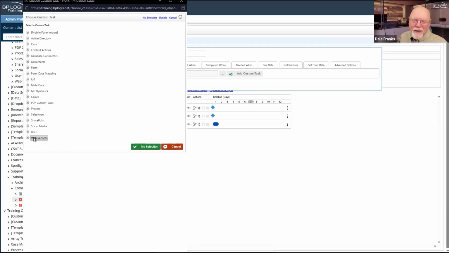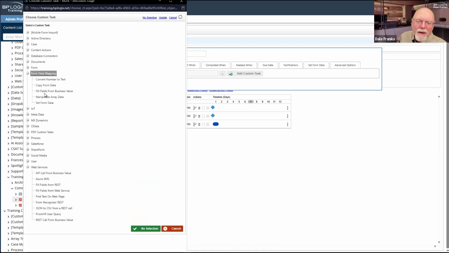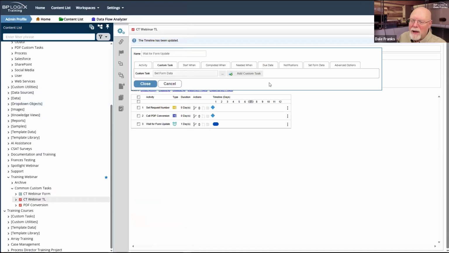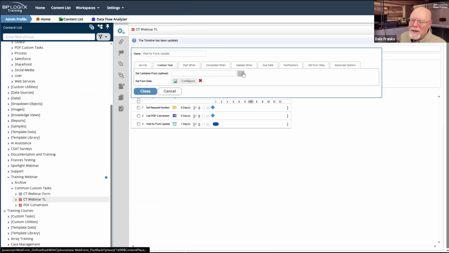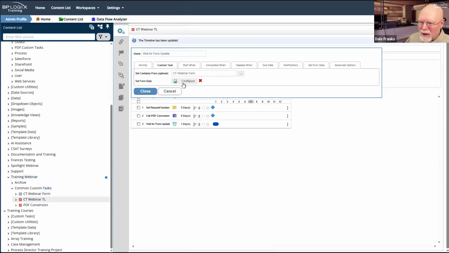Because if I have two forms, I don't, but let's pretend I do. What was I going to do? Set form data, right? Form data mapping, set form data, add the custom task. Let's say I had a second form. We'll pretend this is my second form.